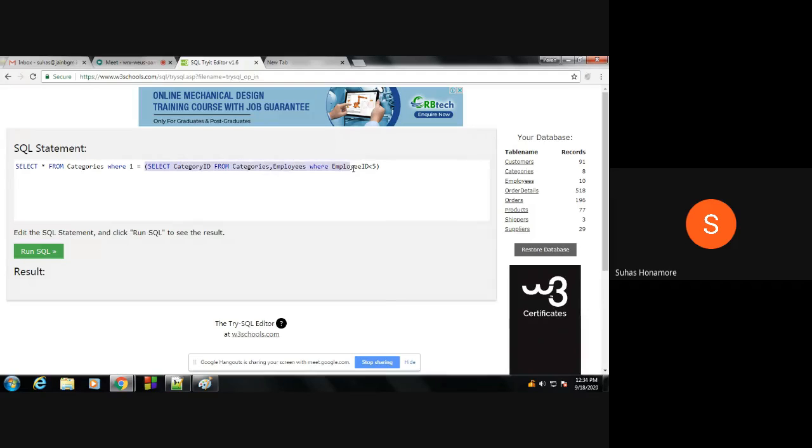So whatever it will come, this entire thing is one table it will return. These two tables together, I have the Cartesian product. So at that time it's one bigger table. In this bigger table, I'm taking one column only. So the resultant table is nothing but one column in the resultant table. For that I am putting this condition. In that one column, the condition is employee ID should be less than 5. So here a smaller table will come, the number of rows will be less. So like this we'll get one table.